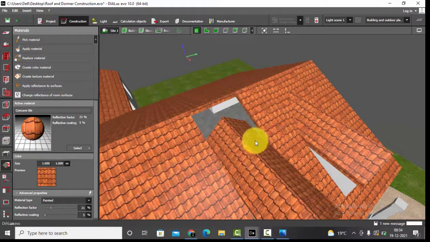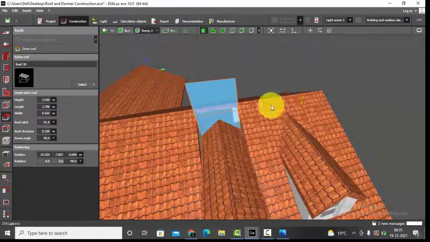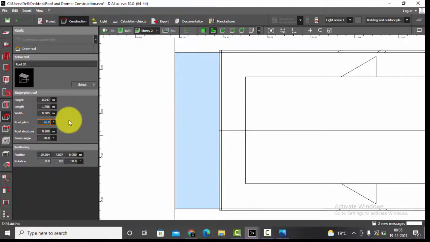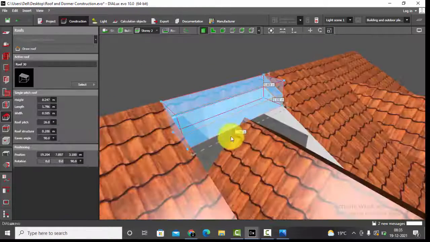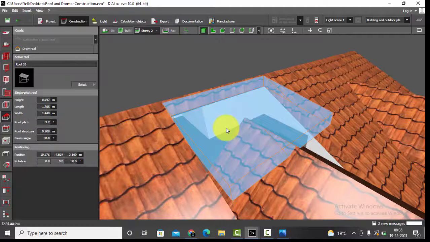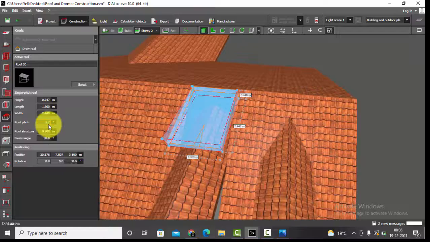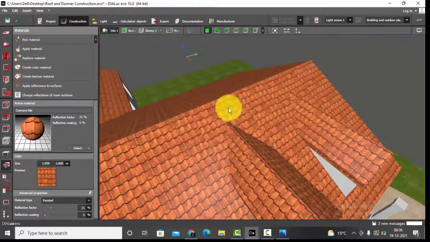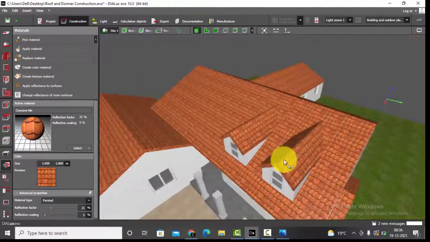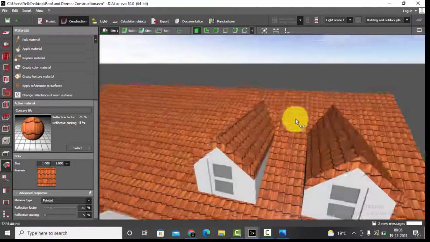We'll do it again for this roof. So we have placed the single pitch roof near the dormers and also the dormers.